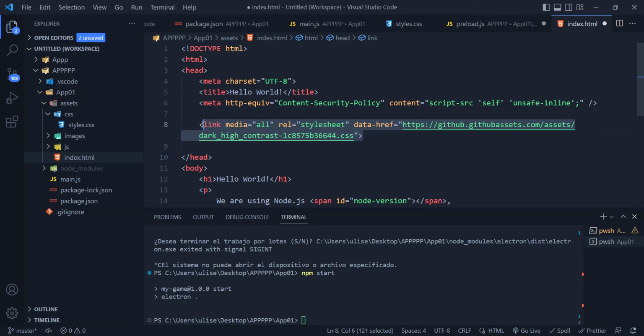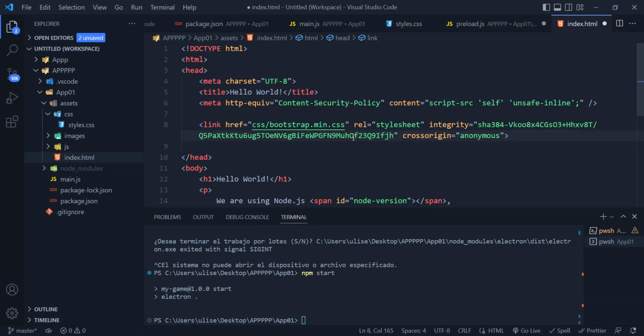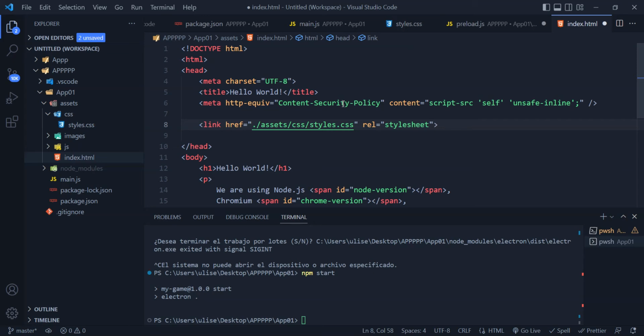That's because it's just href. I didn't remember that. So here we set this to CSS styles.css, and the integrity part and the cross origin go out. So here assets CSS,